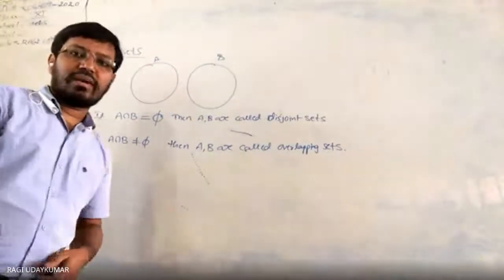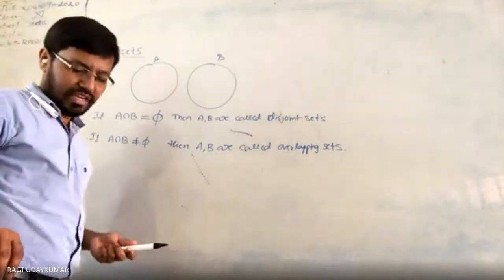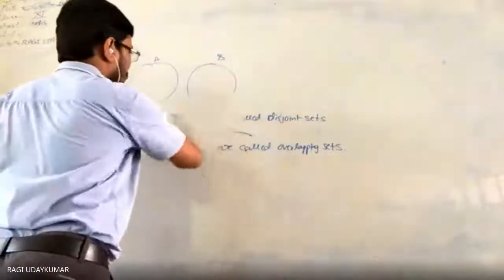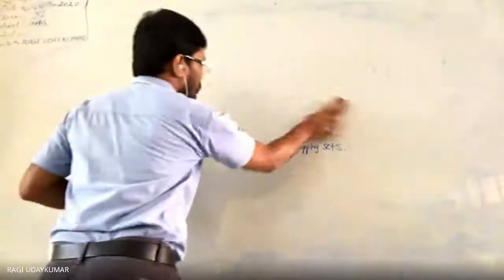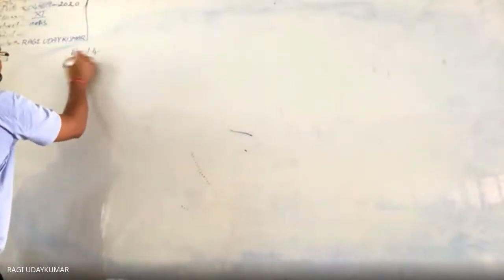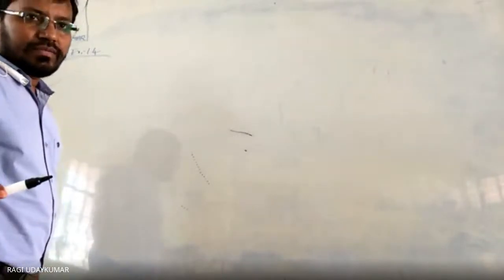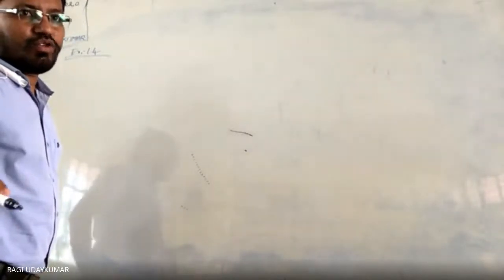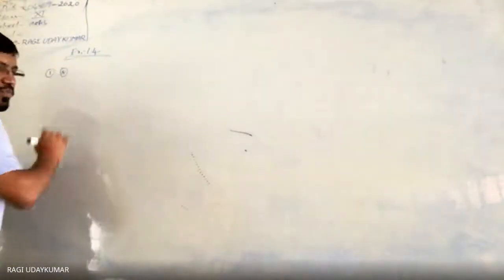So exercise number 1.4, if you see that, this is based on the union and intersection. I think all of you can do it. It's not a very difficult problem to explain, but let us see one just as an overview. First one, find the union of each of the following pairs of sets. Two sets are given in every problem, and their union is asked. As an example, let us take the fourth problem.